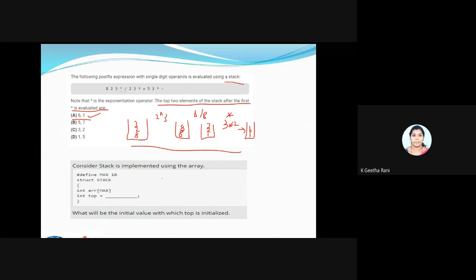Yeah, I think Shrutika gave me the answer. So it's going to be the value called as any other answer, guys? It just tells you a small part of the implementation using array. So what will be the top value? If there is an element, my top will get incremented, like from 0, 1, 2, 3 and so on. But initially, what will be the top value when I'm going to use my stack in an array?